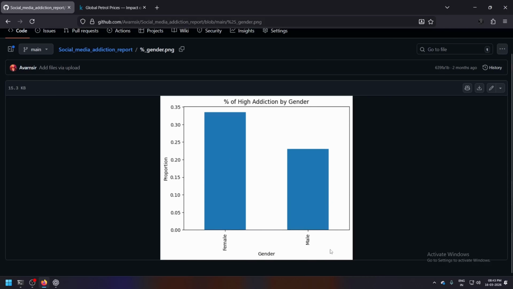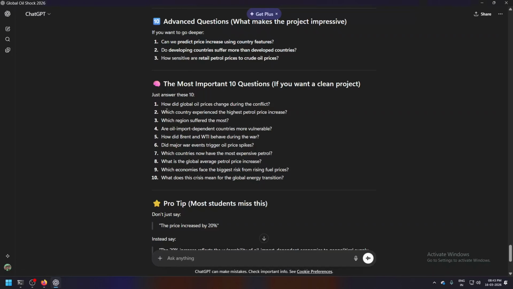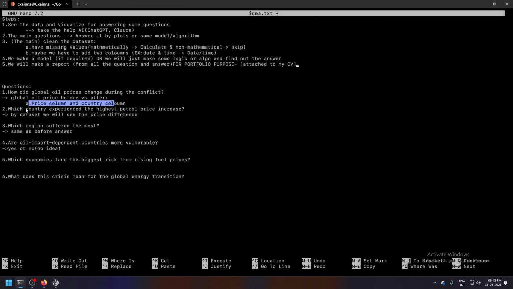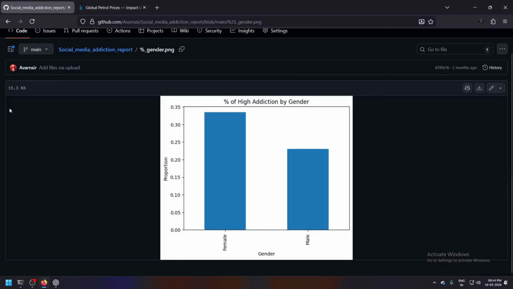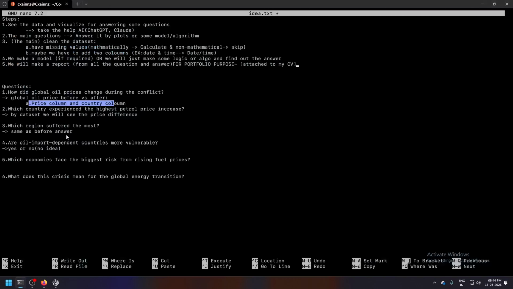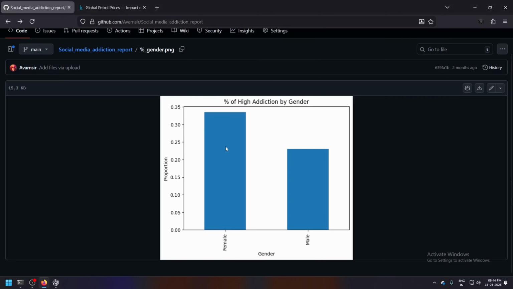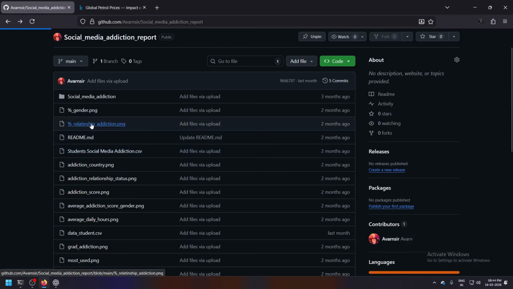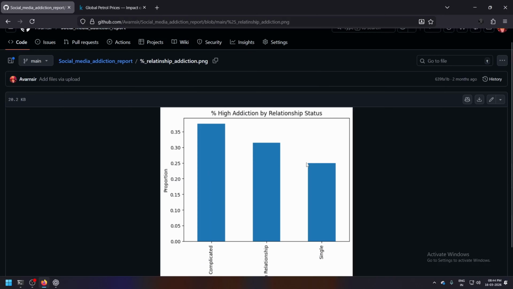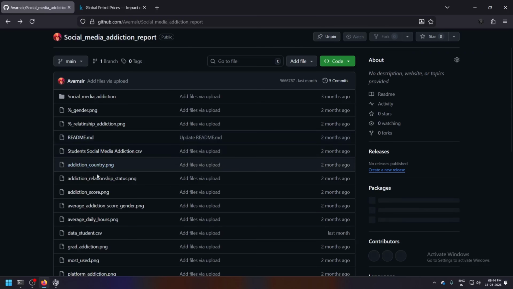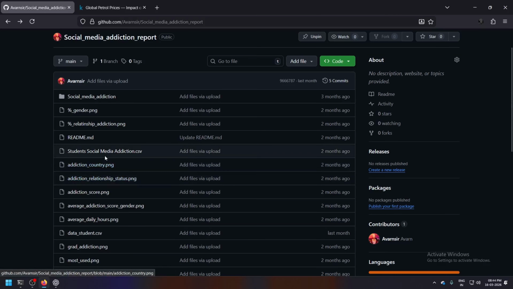So the same type of graph answers this, like a plot. Which country experienced the highest petrol increase? This answer can be shown in a particular graph, not this one, more like a bar chart type of thing.